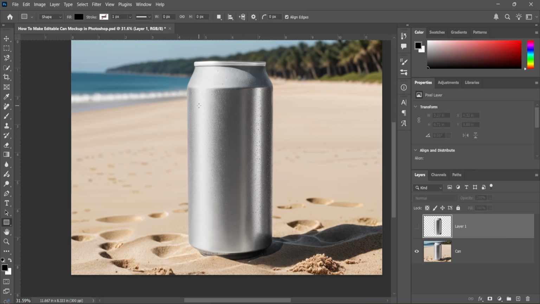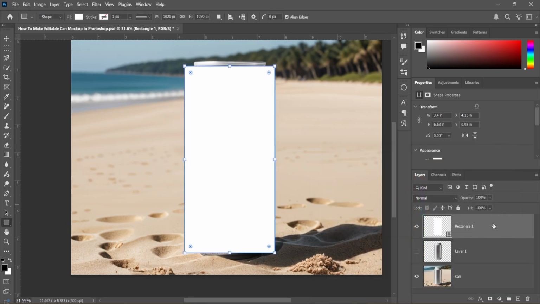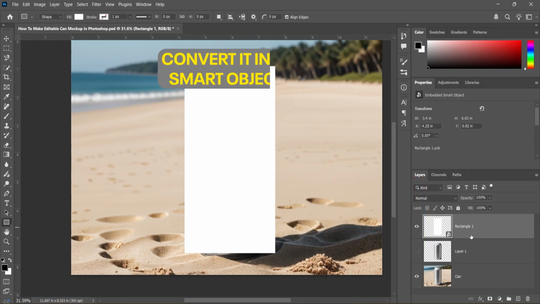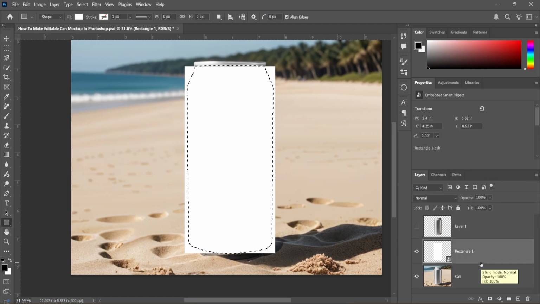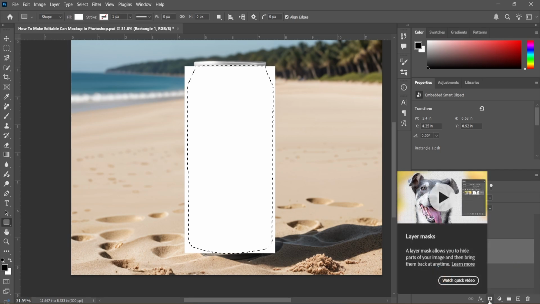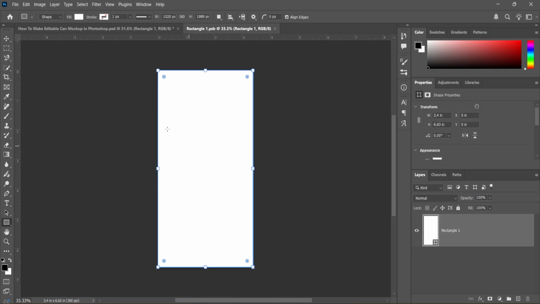Pick a rectangle tool and draw a rectangle to the can size and change its color as per your need. I'm going with white, and now convert it into a smart object, and now select the pixels of the can that you copied, and now select the rectangle layer and add a layer mask, and now double click on the smart object icon and